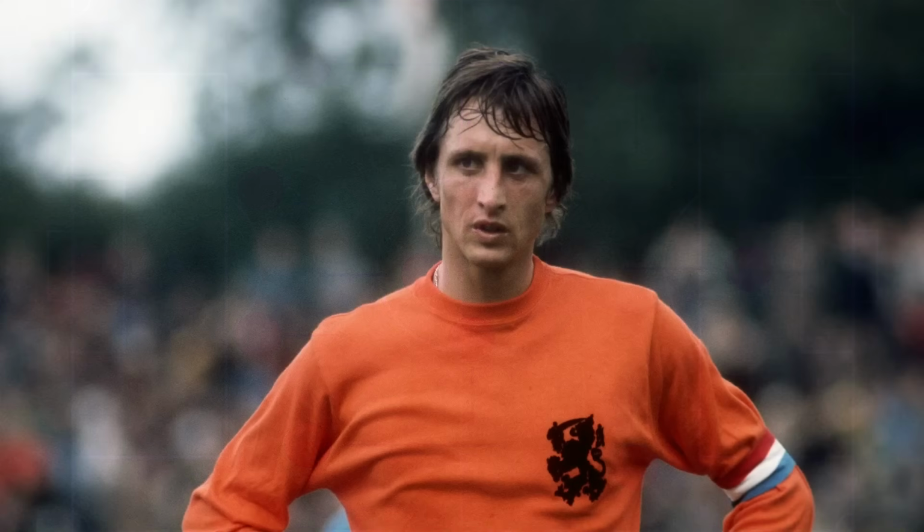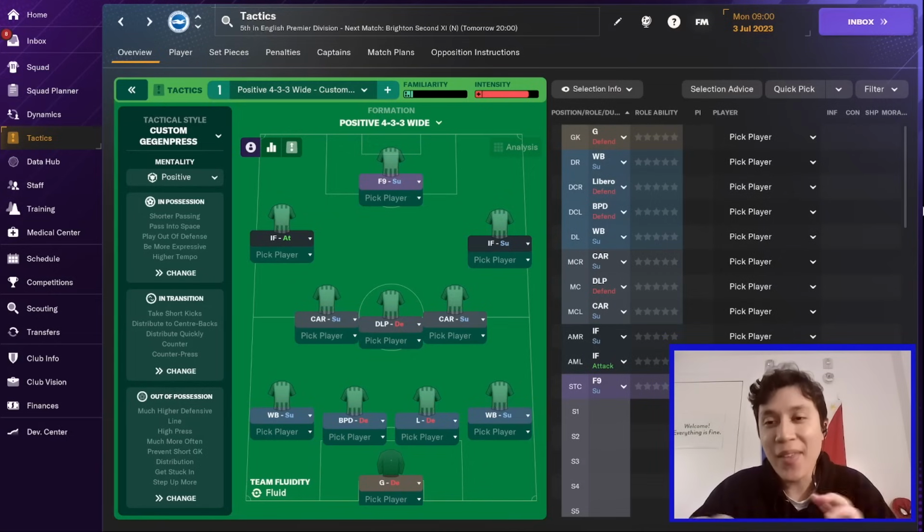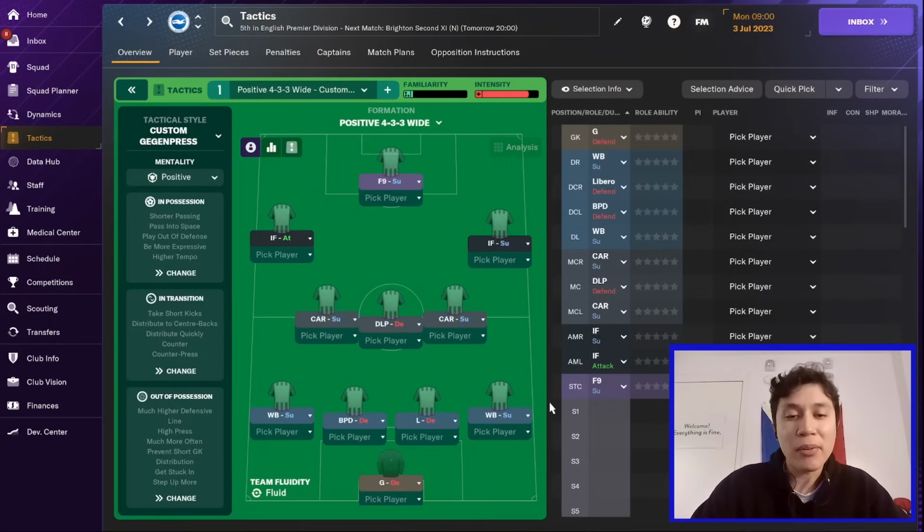Total football is most synonymous with Johan Cruyff, and this style of play continues to influence footballing tactics today. This right here, of all the historical tactics, this one is my favorite. We have a kind of older version of a 4-3-3 with 4 defenders, 3 classic center mids, and 3 attacking